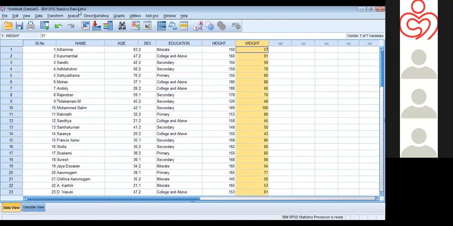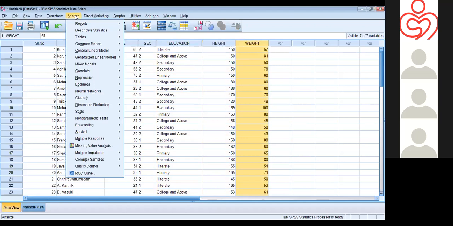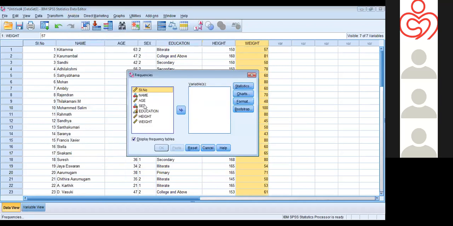How do we do the analysis for all this data? Go to Analyze, Descriptive Statistics, Frequencies. Whichever variables we want the frequency and percentages for, we need to select here. For gender and education, I need the frequencies and percentages.